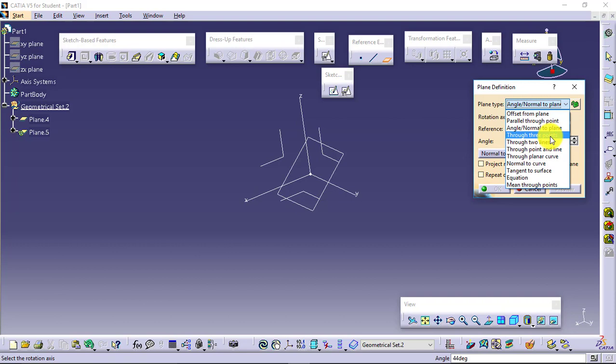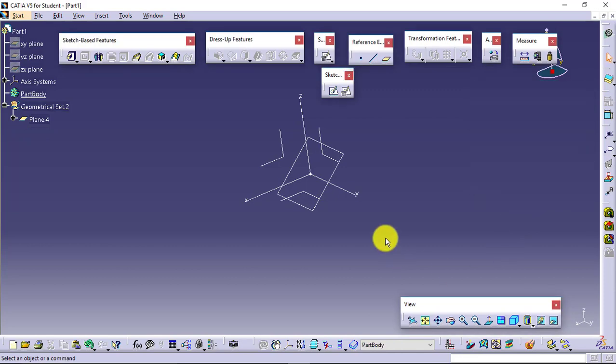Definitely I will not be defining those 3 points on a single plane only. What I will be doing is defining those 3 points at different locations. A plane which is passing through 2 lines, a plane which is passing through a point and a line. Likewise I can define normal to a curve. I have a curve, and normal to that curve I want the plane. So yes, I can define it in that manner.